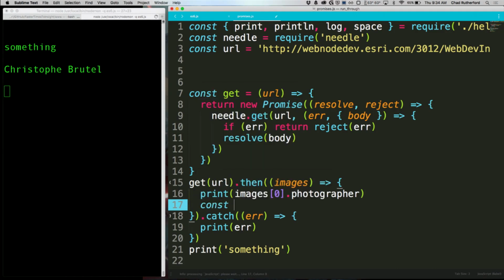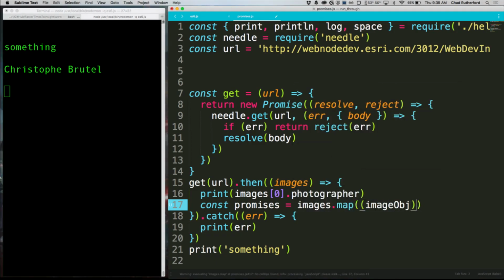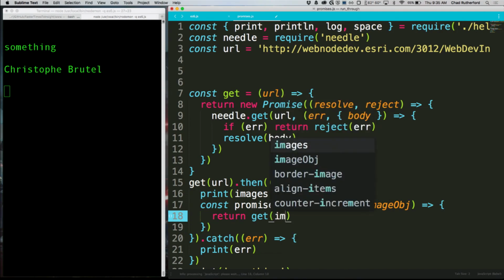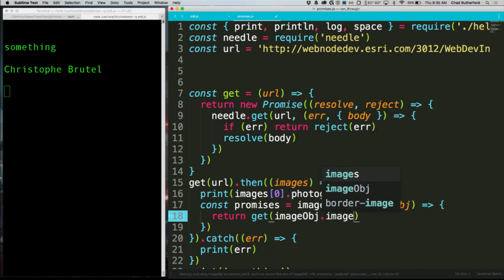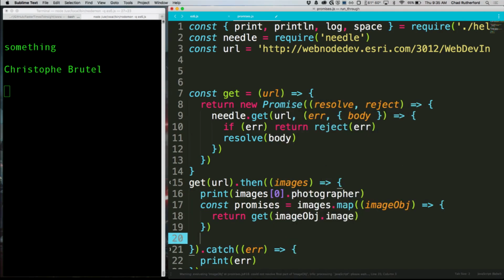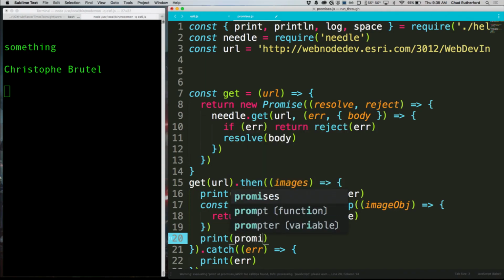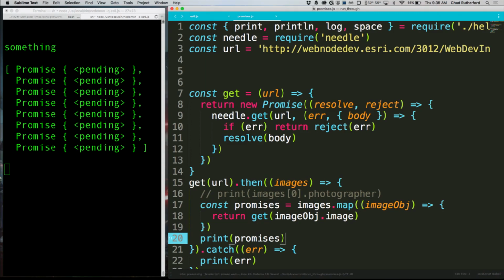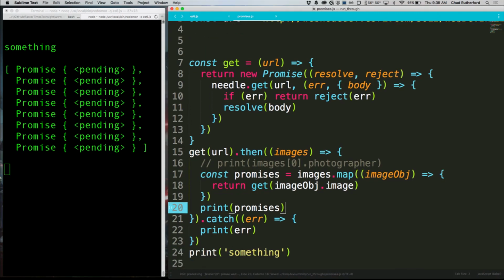We're getting back our list of images, but now we want to loop through all of those images that we received, make a second call for each one of those images, and download the binary data for that. So what he's setting up here is that images.map is going to go through every single one of those images, and it's going to return the promise of the HTTP call for each one of those